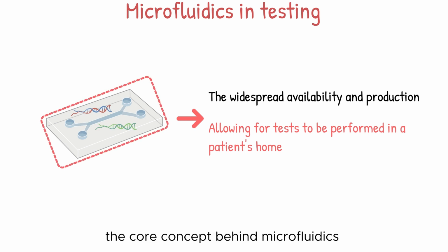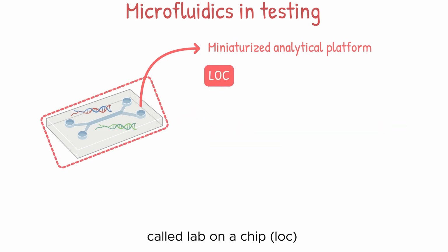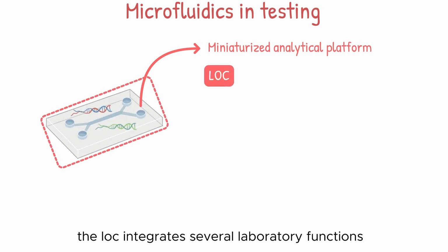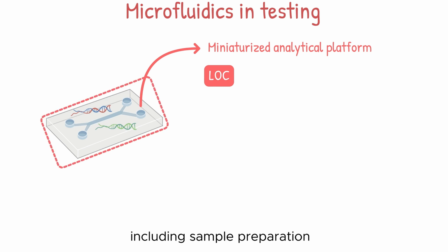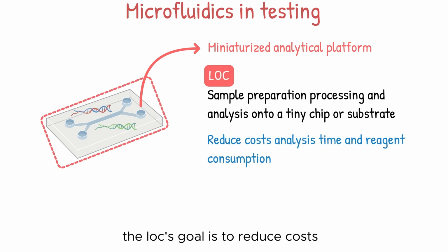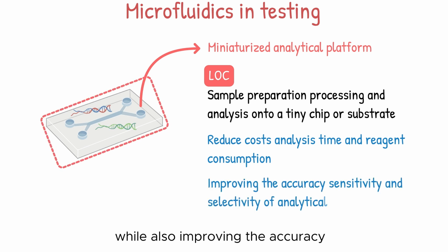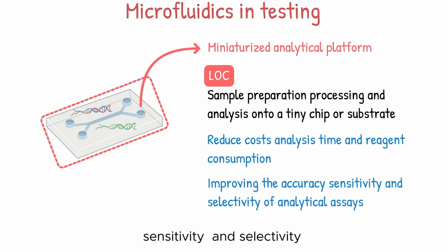The core concept behind microfluidics is a miniaturized analytical platform called a lab-on-chip, or LOC. The LOC integrates several laboratory functions including sample preparation, processing, and analysis onto a tiny chip or substrate. The LOC's goal is to reduce costs, analysis time, and reagent consumption, while also improving the accuracy, sensitivity, and selectivity